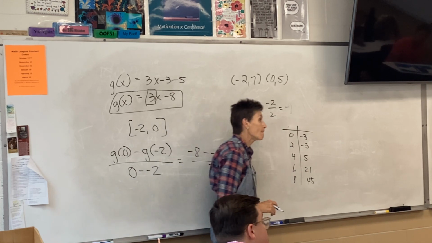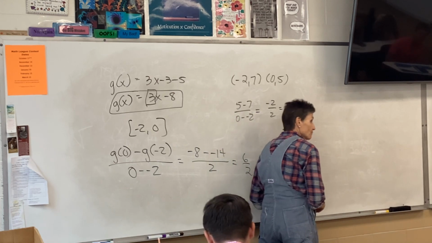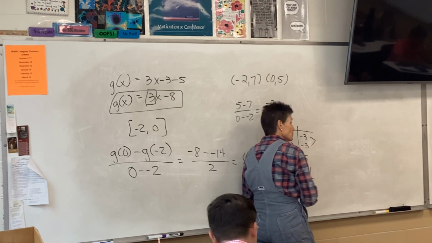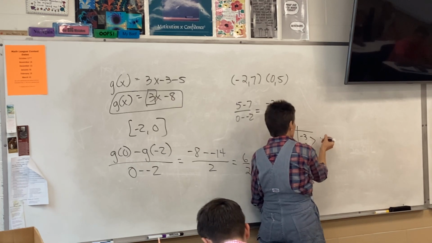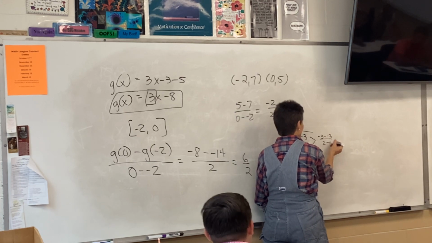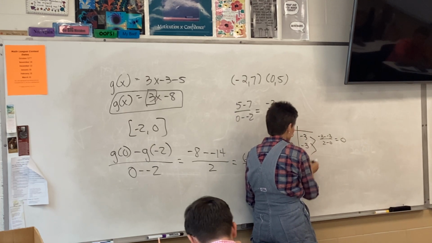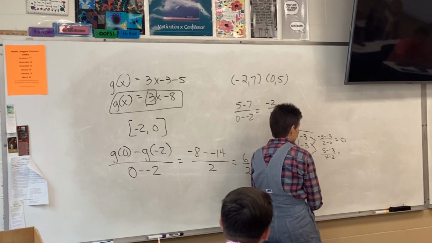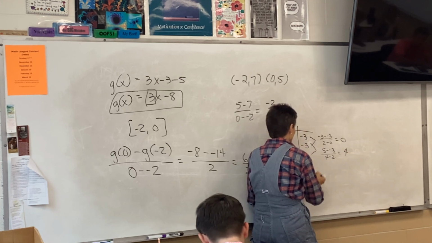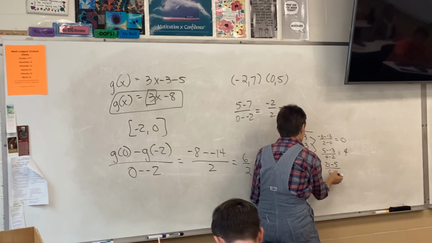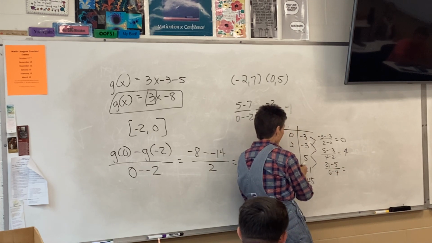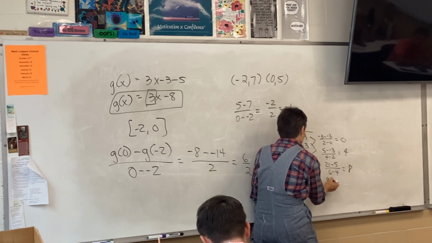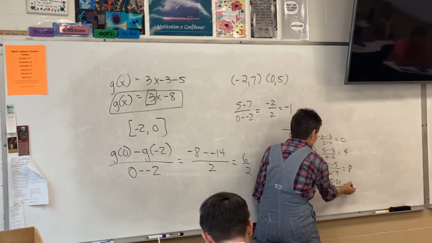Xander? You have to find the slopes of each pair of two, and then just make sure that they go up by the same amount each time. Exactly, so let's do that, okay? So we're going to find the rate of change here, Xander, so what's the first one going to be? -3 minus -3 over 2 minus 0, that's just 0? All right, next two. 5 minus -3 over 4 minus 2, that is 8 over 2, 4. 21 minus 5 over 6 minus 4. We're doing y minus y, x minus x, rate of change. That's 16 over 2, that's 8. And 45 minus 21 over 8 minus 6 is,